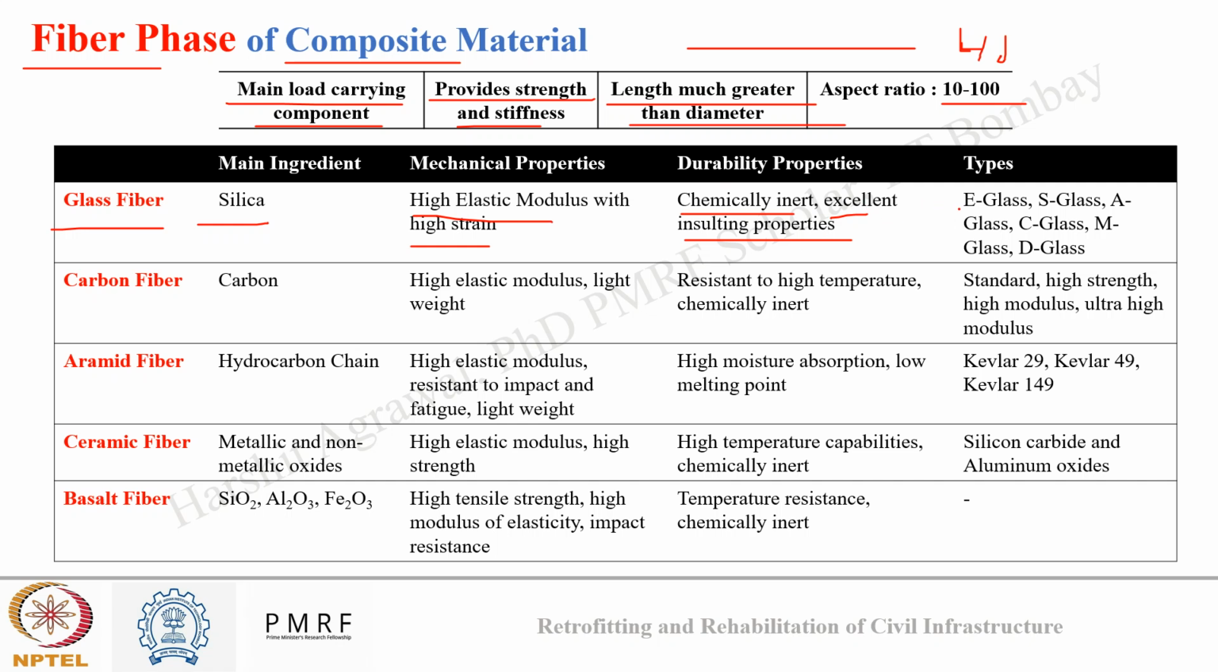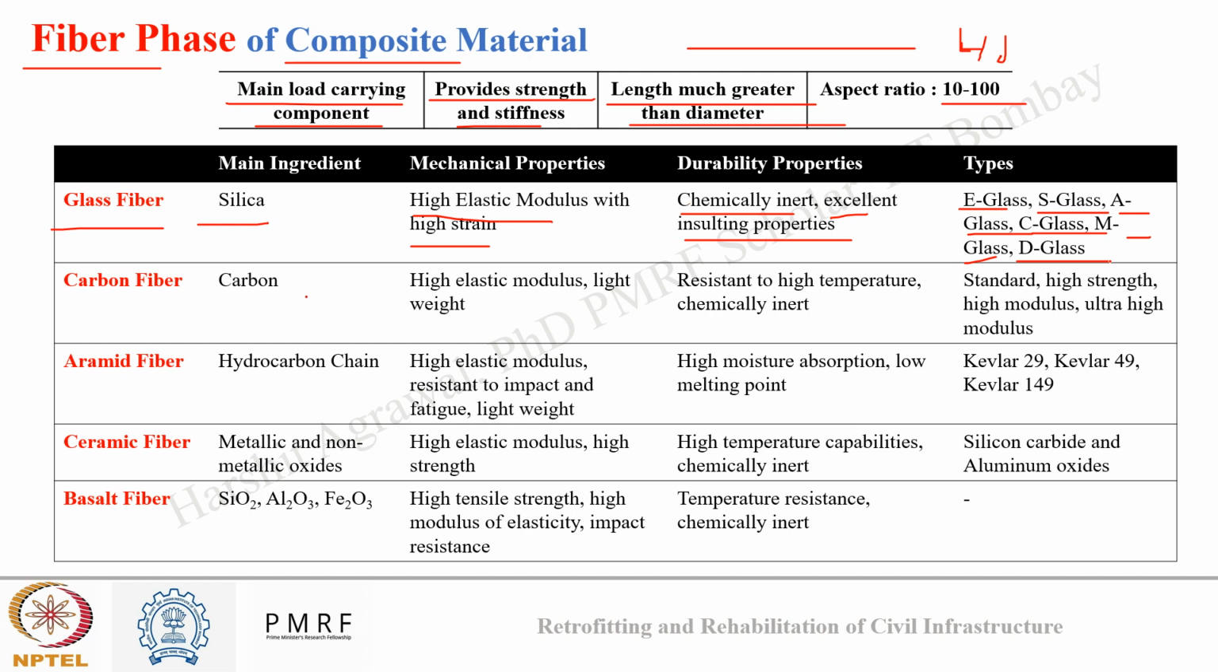So there are E glass which have low electrical conductivity. There are S glass which have high strength. There is A glass which has high alkali content. There is C glass which has high chemical durability. There is M glass which has high stiffness, and there is D glass which has low dielectric constant. So depending upon our application, we can choose any one type of glass fiber and use